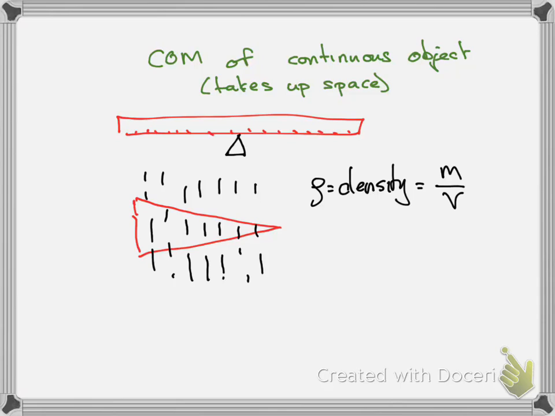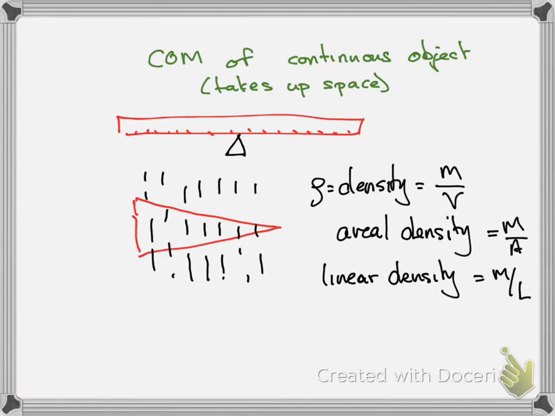or we can talk about areal density, which is mass per unit area, we can talk about linear density, which is mass per unit length. So I think I'll stick with the Greek letter rho for density, and we just need to know which density we're talking about when we're talking about things. And typically, like for the meter stick, we won't worry about the fact that it takes up volume. We'll just think of it as a one-dimensional object, so it's really got a mass per unit length, right?